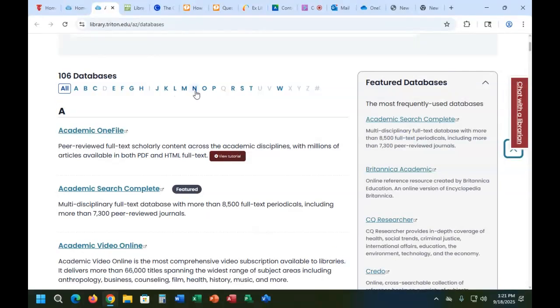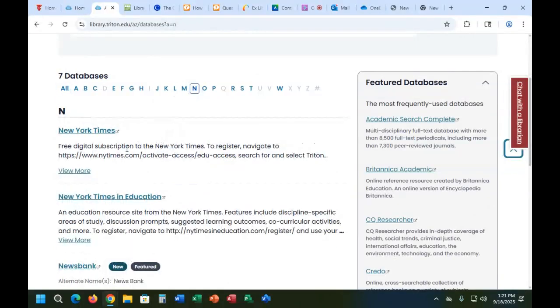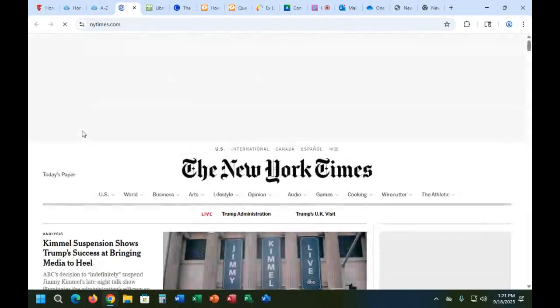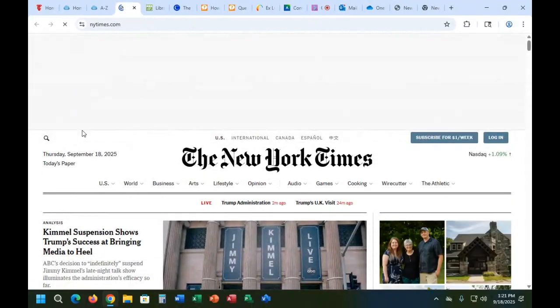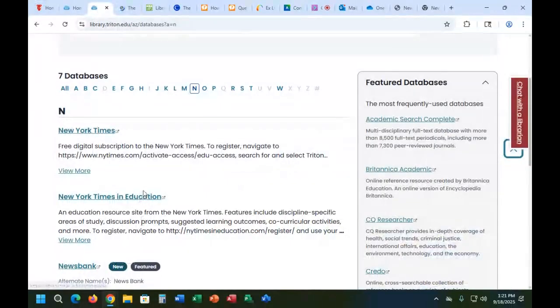I would like to highlight, if we go to N, that we all have access to the New York Times. Now, if you really enjoy reading the New York Times, you would know that you probably need a subscription in order to get access. You have a free subscription with your Triton College Library. All you have to do is notice here that it says a free digital subscription. To register, you navigate to this very specific link,